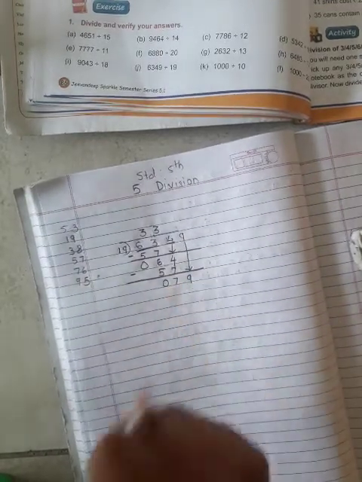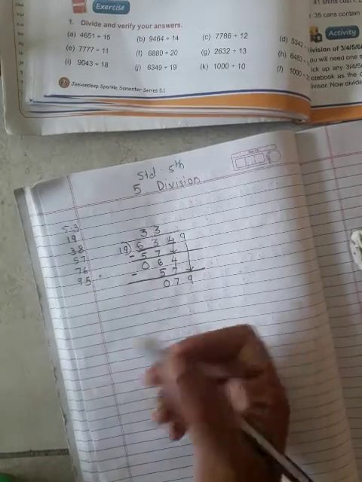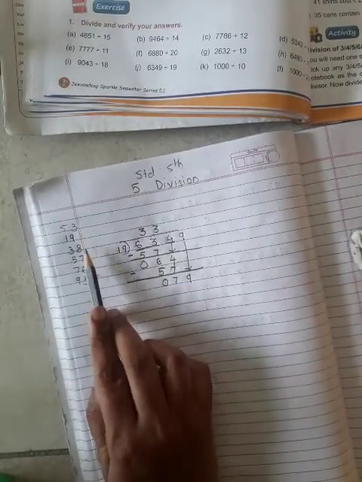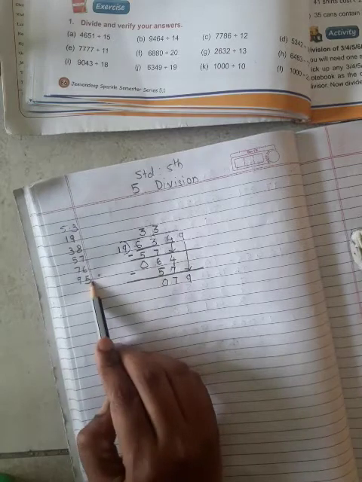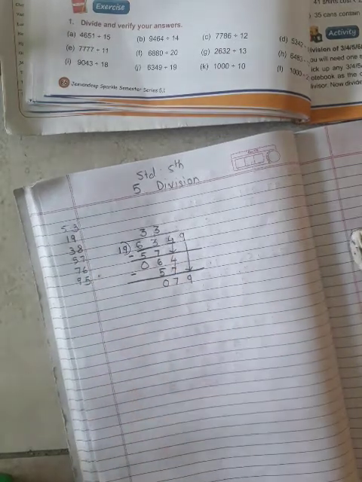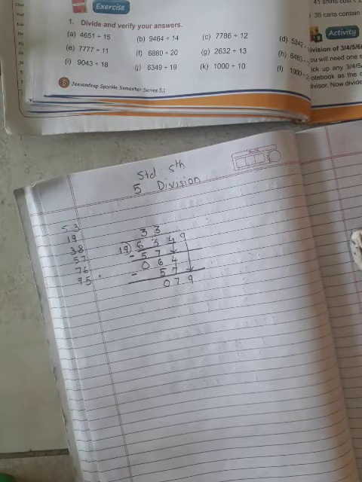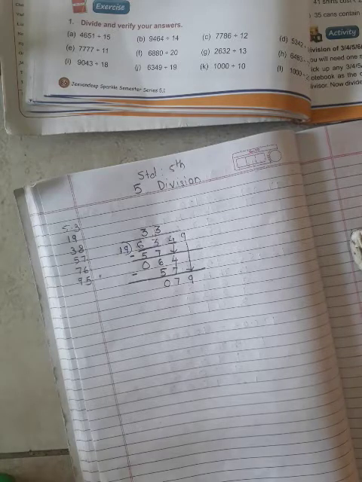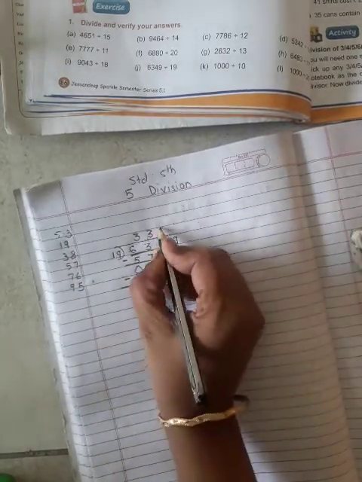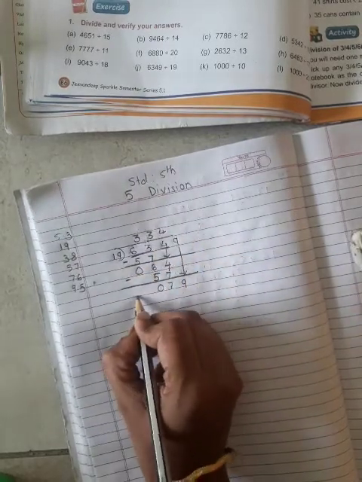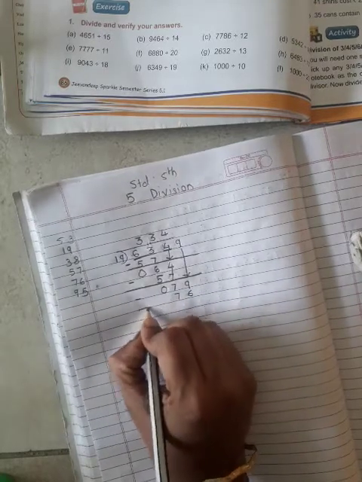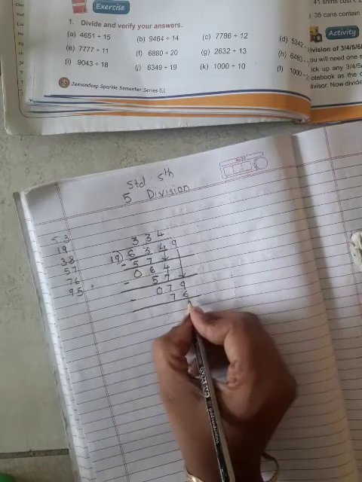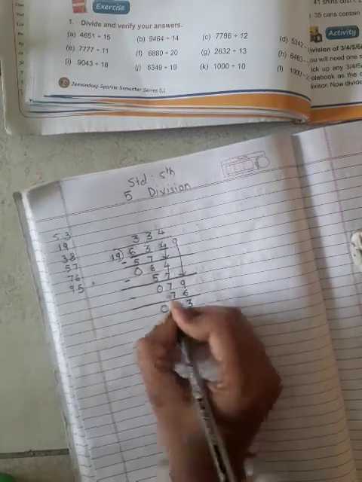You got the number 79. Again, say the 19 table once: 19 ones are 19, 19 twos are 38, 19 threes are 57, 19 fours are 76, 19 fives are 95. Compare 95 and 79. Which is the greater number? 95. So you take the one before, 19 fours are 76. 76 is smaller than 79. Okay, 9 minus 6, 3. Here 0, 0.